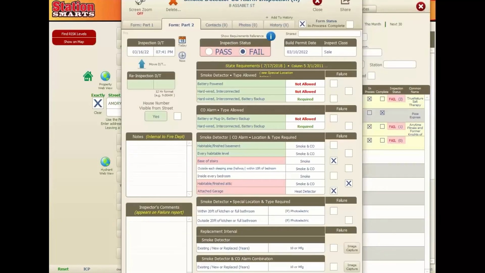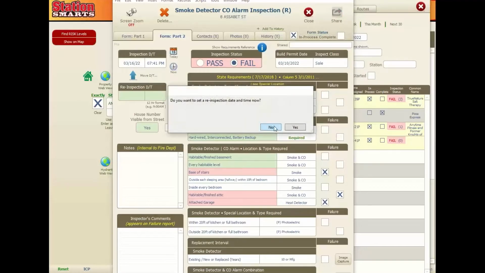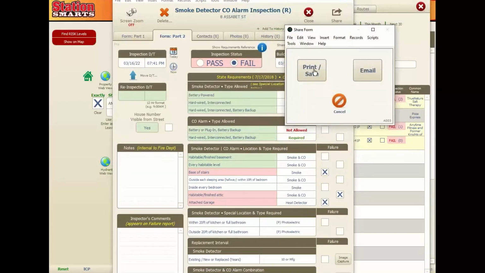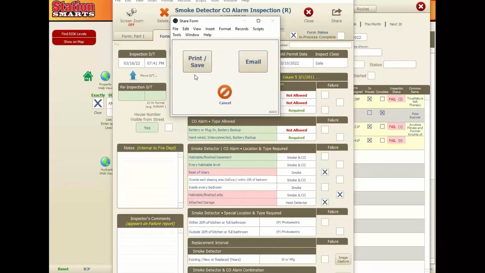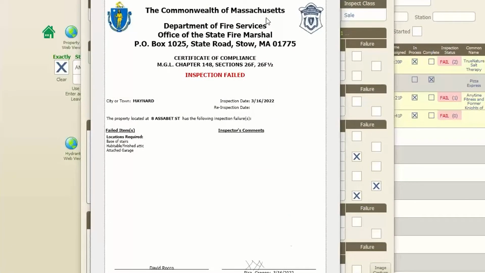So every time it fails, and you send out, you can add it to the history, or if you share a failure form with them, which, every department's different in that aspect, whether they actually give a failure or not. When you share it, it's going to ask if you want to post it there, or you can go ahead and post it. When you share a form, you have the opportunity to save it as an electronic version or print it out, or you can do the email option. Either way, you get to see it first, so you'll see what it looks like, and then when you go forward,